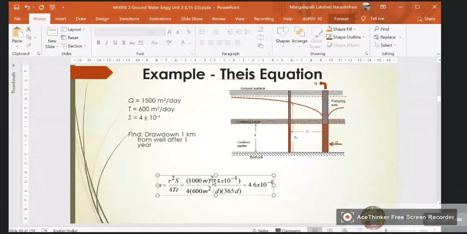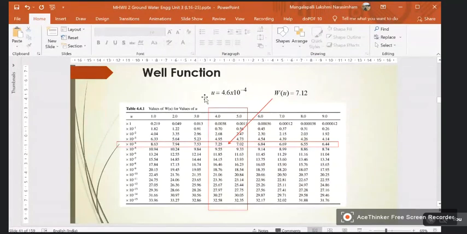So R squared is 1000 square, and capital S is given as 4 into 10 to the power of minus 4, and capital T is given as 600 meters square per day. So this is 4 into 600 meters square per day, and small t is 1 year, that is 365. So once when you substitute this information, you will get U as equal to 4.6 into 10 to the power of minus 4. So you enter into this well function table,